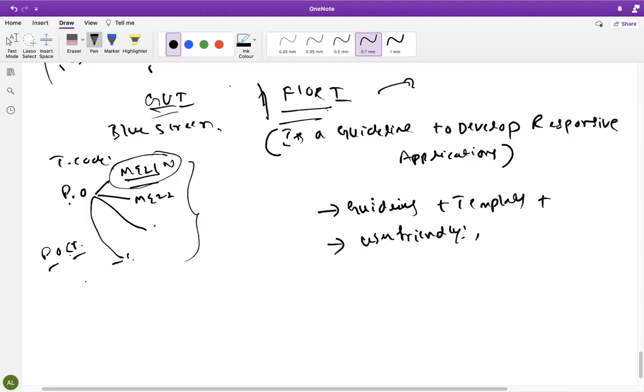If an end user doesn't know anything, even then he can operate Fiori. In Fiori, end users can use applications on mobile, tablet, and laptop. In GUI, only laptop you can use, right?